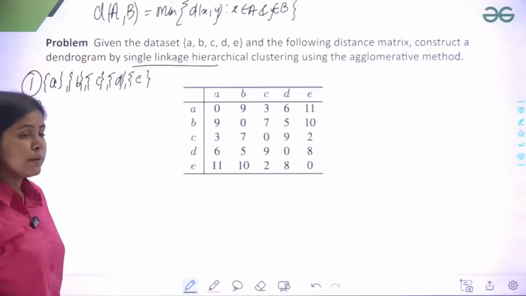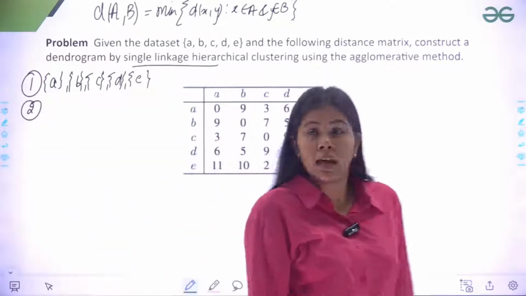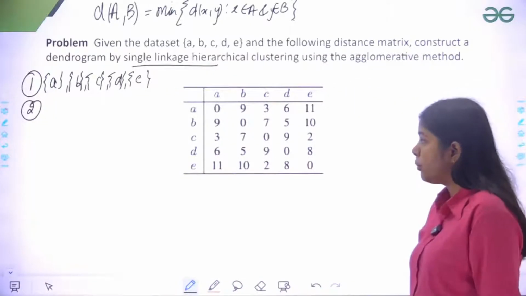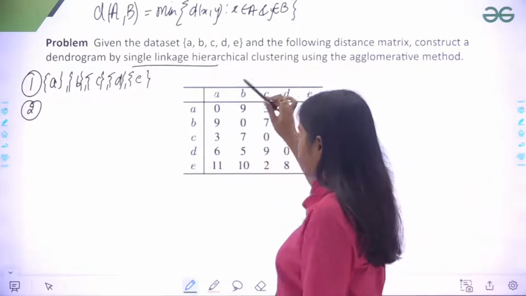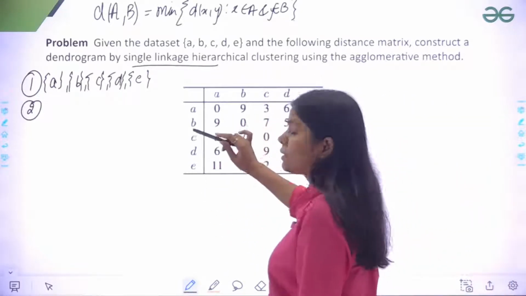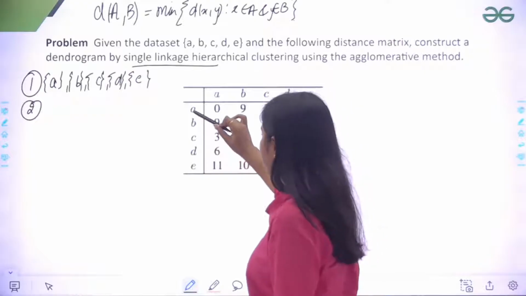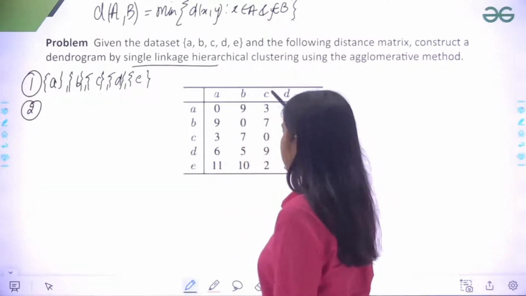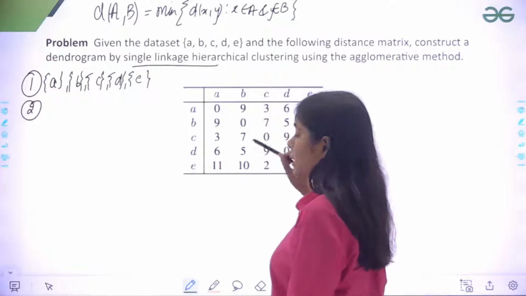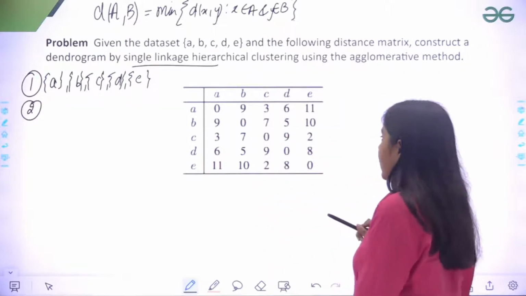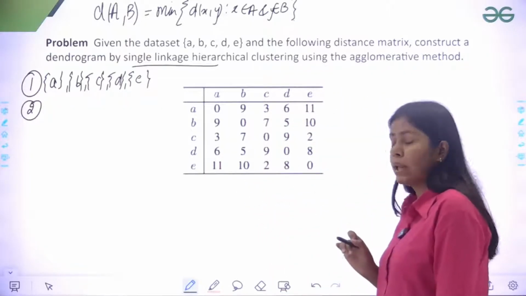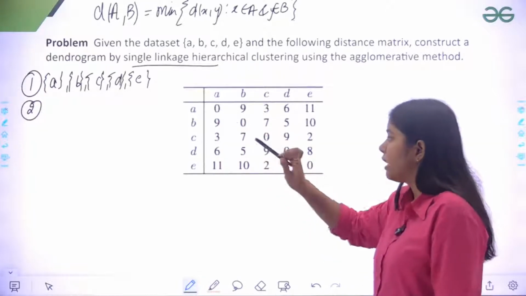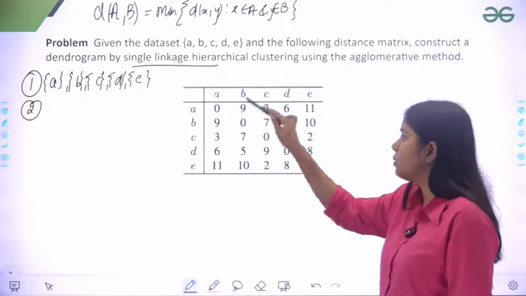Find out the distance between A with B, C, D, E. The distance matrix is given to me: distance of A with A is 0, A with B is 9, A with C is 3, A with D is 6, and A with E is 11. Distance of B with A is 9, B with B is 0, B with